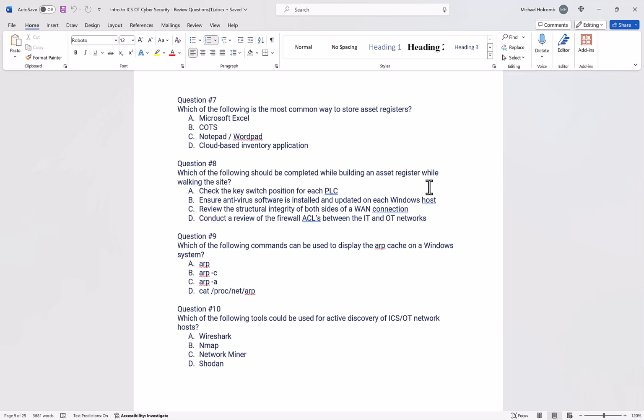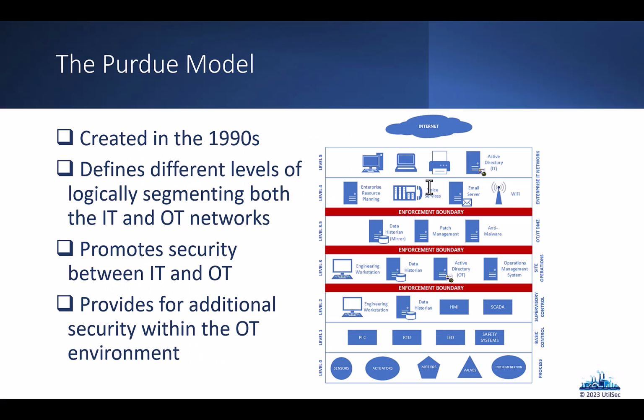And then question 10, which of the following tools could be used for active discovery of ICS OT network hosts? That's what we were mentioning earlier, even though it's not necessarily always recommended, especially at those lower levels of the Purdue model. But in a lot of environments today, we could look at using Nmap as a network scanner to actively scan those higher levels. If we just jump back to the Purdue model real quick,